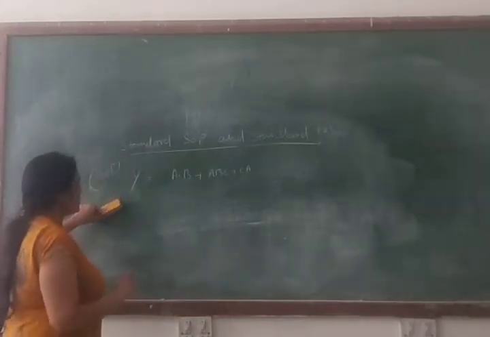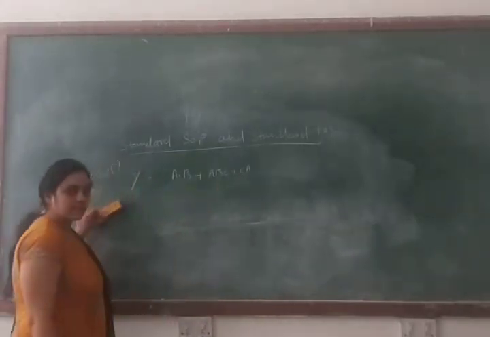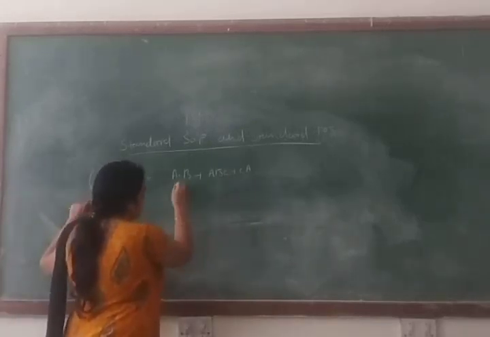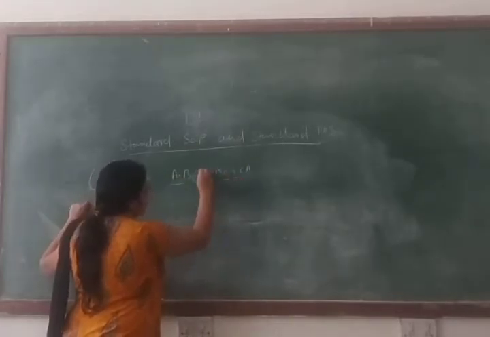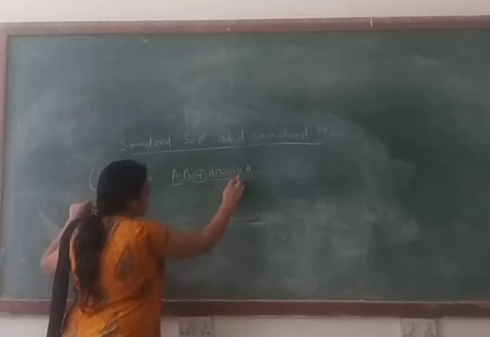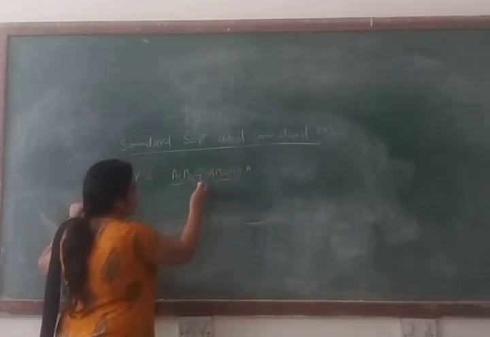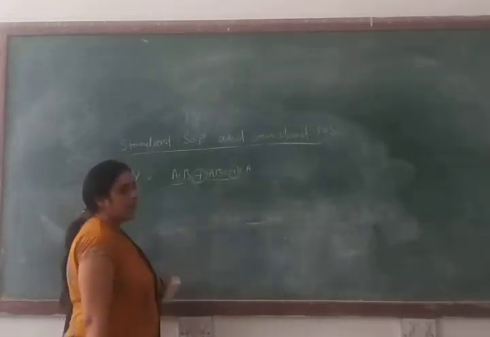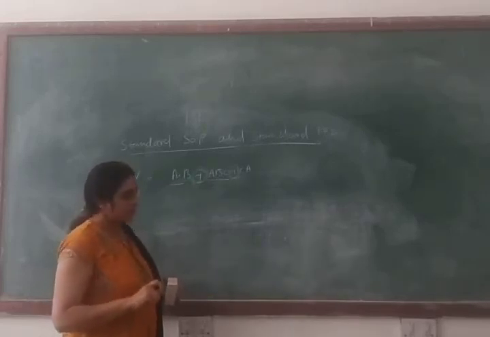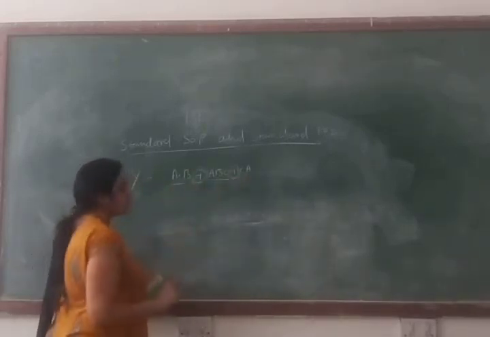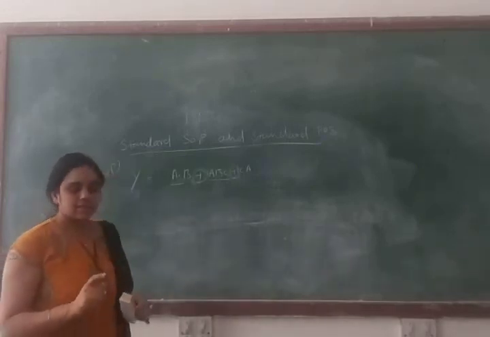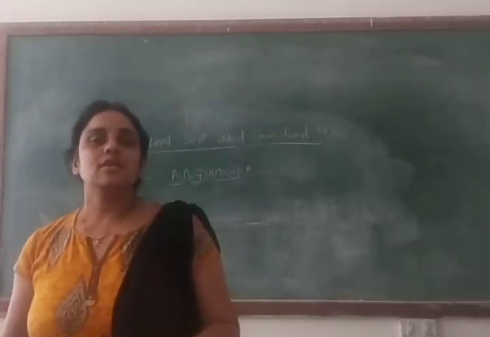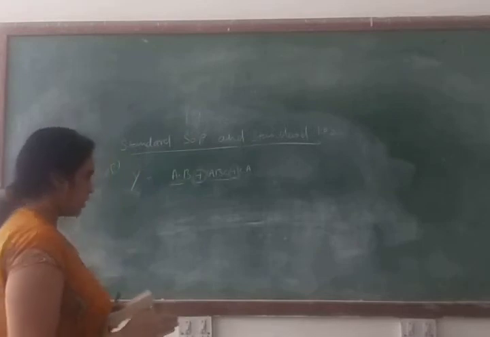So you can see in this example, this is your SOP form logical expression, because y equal to A dot B plus ABC plus CA means here you are performing the ORing operation, right? We are not making a circle because that represents the XOR gate. So basically you are performing the ORing operation on the product terms, so that's why we are saying this is SOP form. But this is not a standard SOP. Why? Because every product term doesn't contain all the literals. And the second thing is that every term should contain all the literals, it doesn't matter whether in uncomplemented form or complemented form, right?